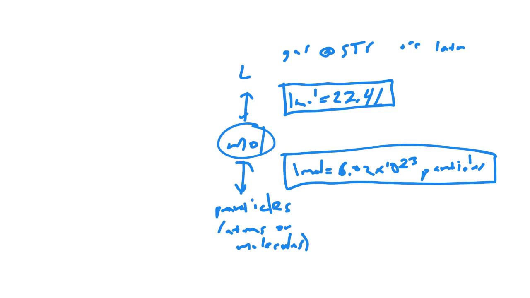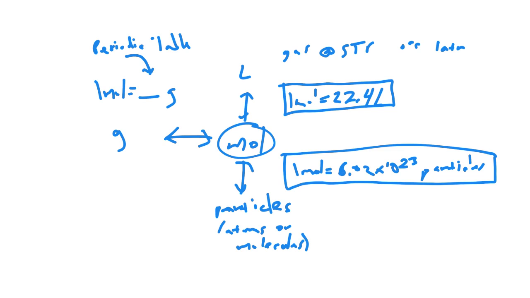The last thing that we can convert to is grams. I can convert to grams of a substance, and the conversion factor I use here is 1 mole is equal to a certain number of grams. Well, we don't know what the actual number of grams is because it depends on the chemical itself. So to get this number, you have to refer to the periodic table, and that is called the molar mass